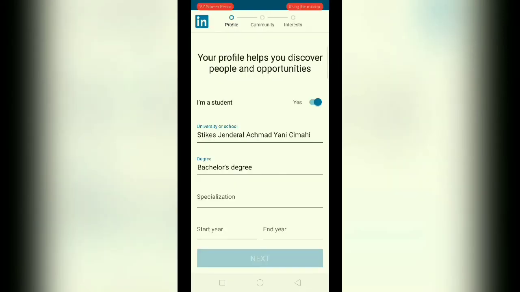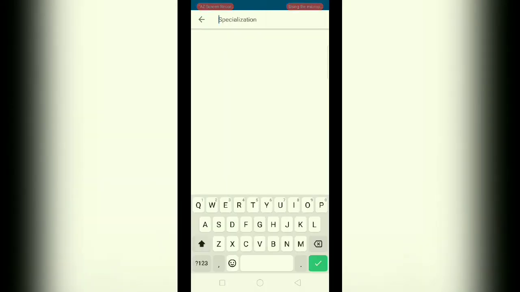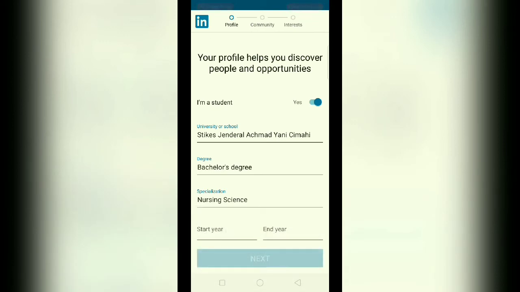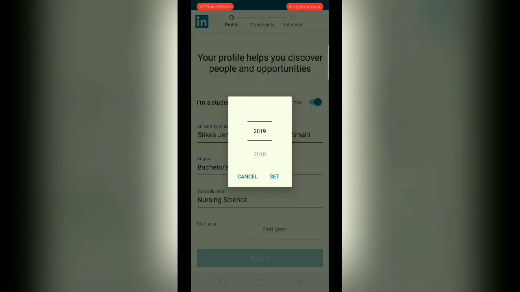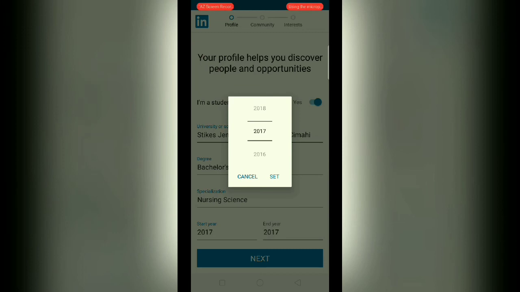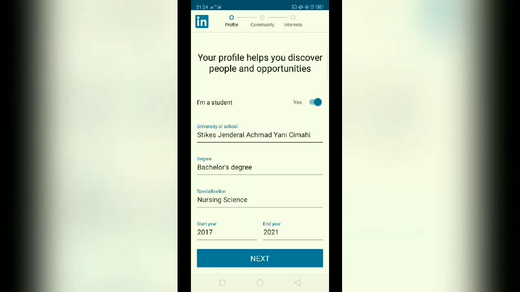Bachelor degree, specialization, nursing science. Start year in 2017, and end year 2021. 4 years. Next,